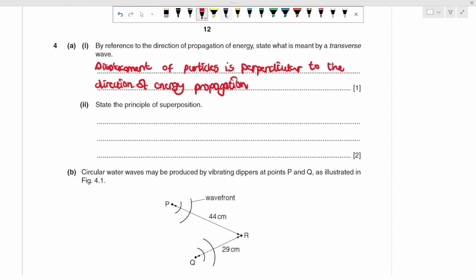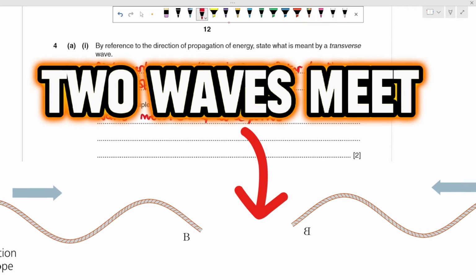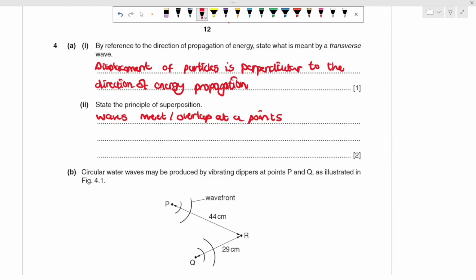State the principle of superposition. Superposition, what does it say? It says that if waves meet or overlap at a point, right? Two waves are meeting. What are they going to do? They're going to wave. Hello? They're going to wave at each other as waves, right? No. It is when waves meet, the resultant displacement,